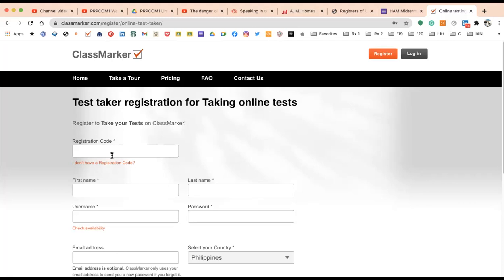And the good thing about Class Marker is if you open a window because of the reg code, I would know what you were doing. Class Marker will tell me, for example, my student's name is John Santiago. It will say John Santiago has opened a window, and in open and close parentheses nakalagay yung window doon, like